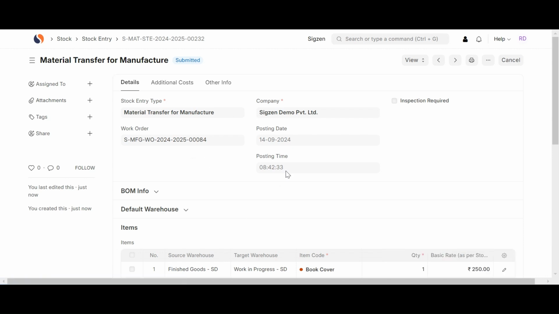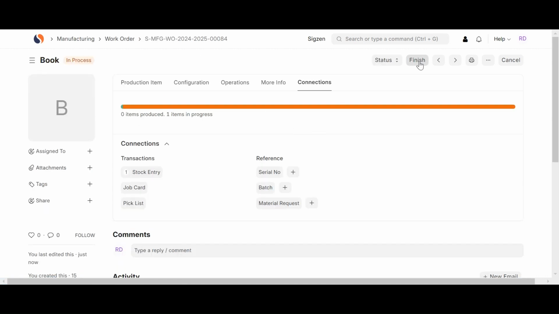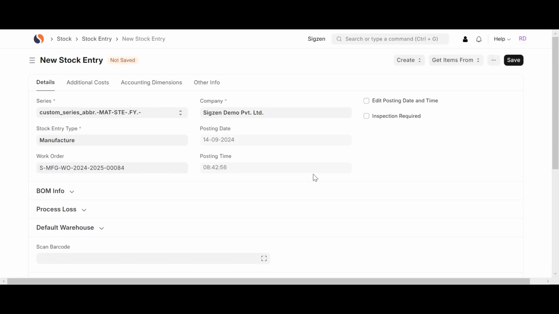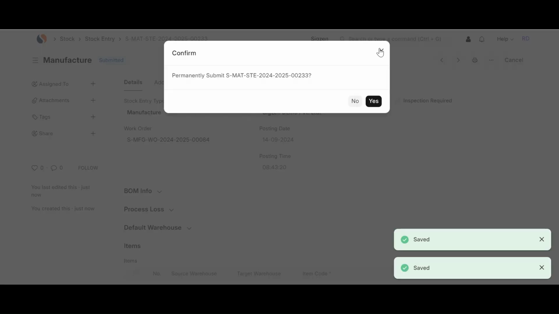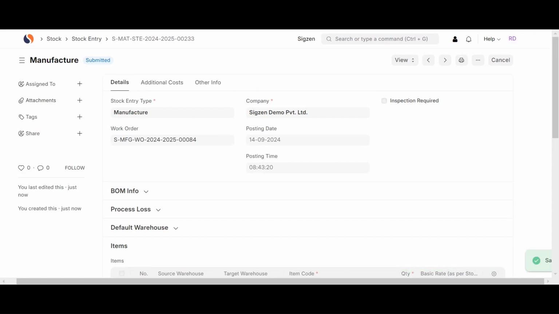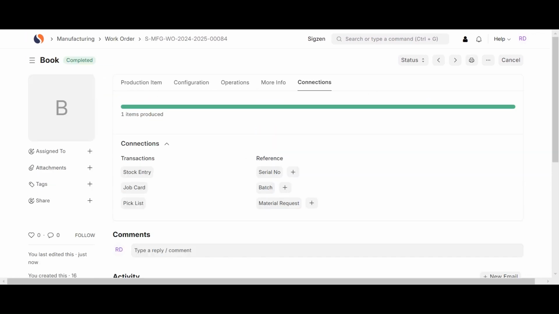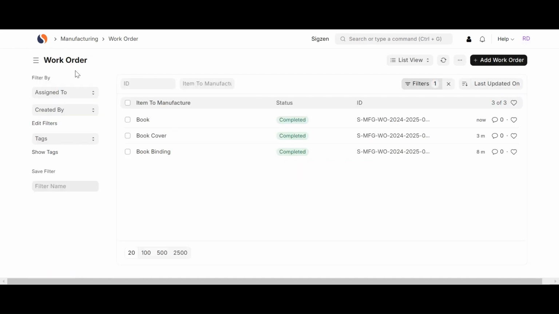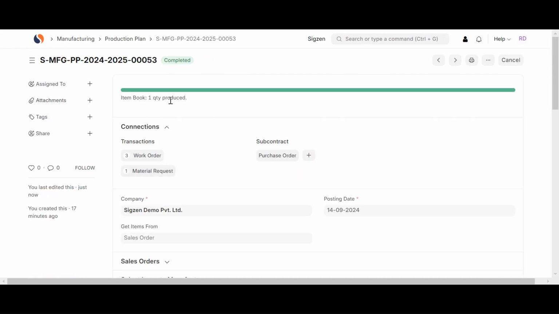After that, click on back and click on finish and click on create new stock entry and save and submit. We will show the status as submitted. After that, click on back and check the status of book as completed. To successfully complete the manufacturing flow,